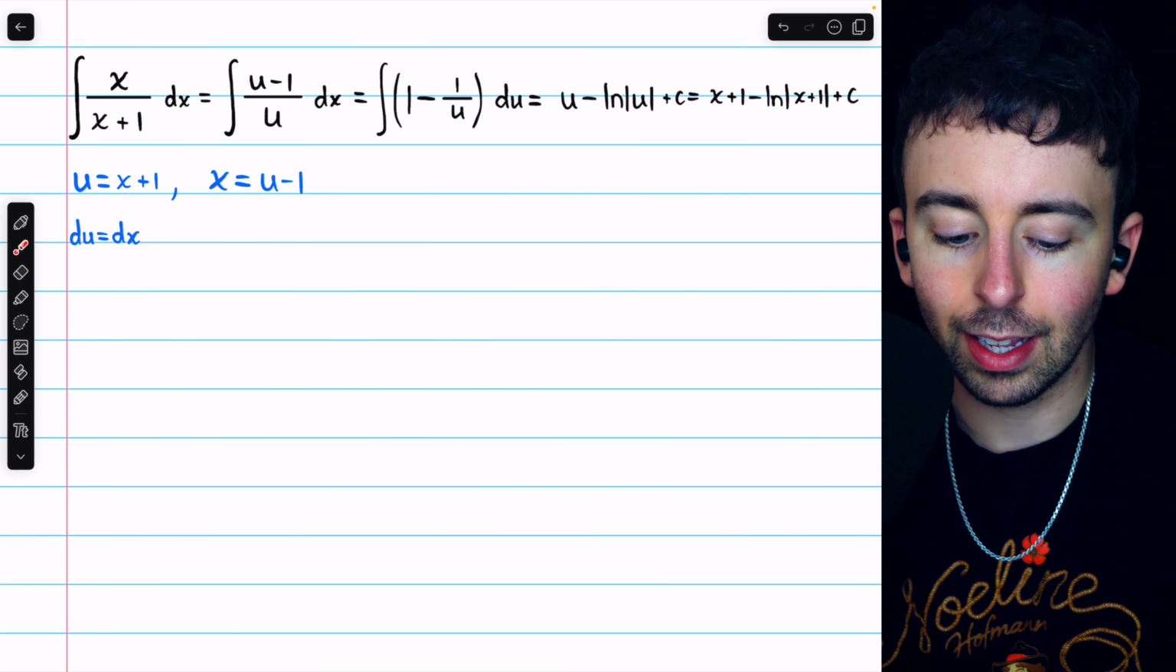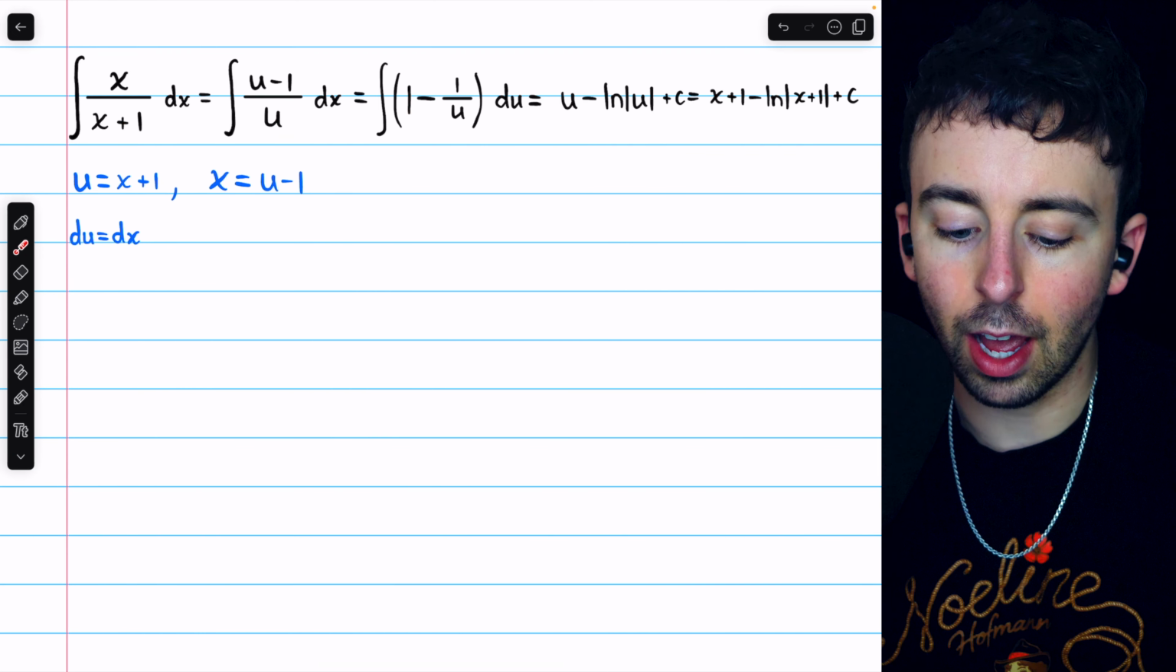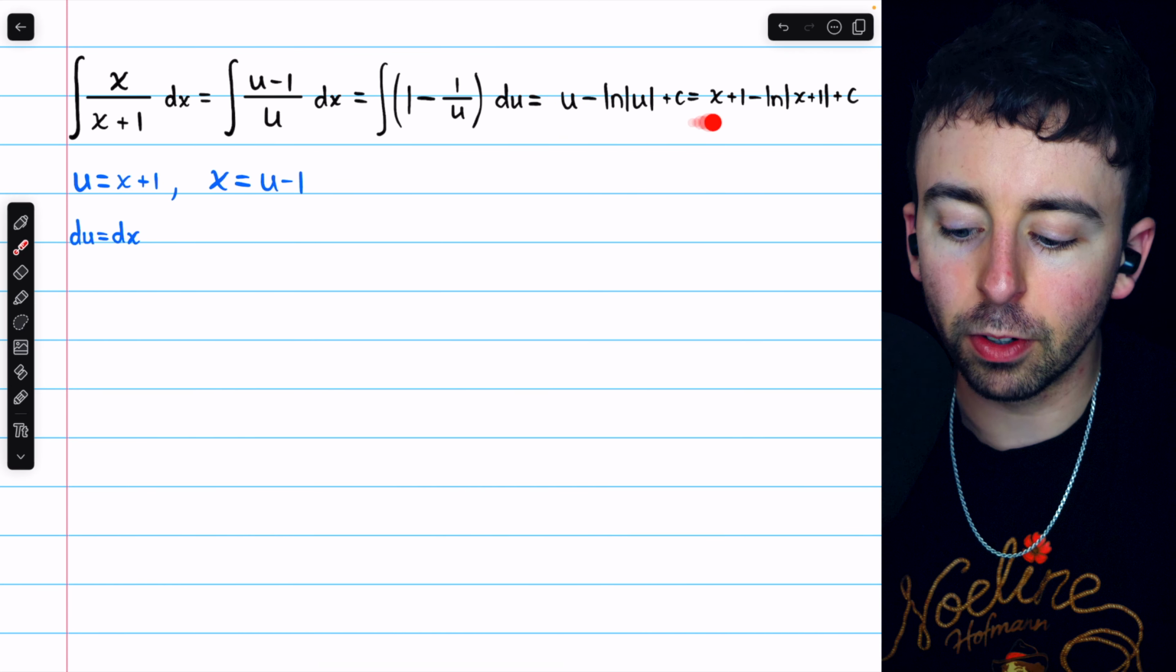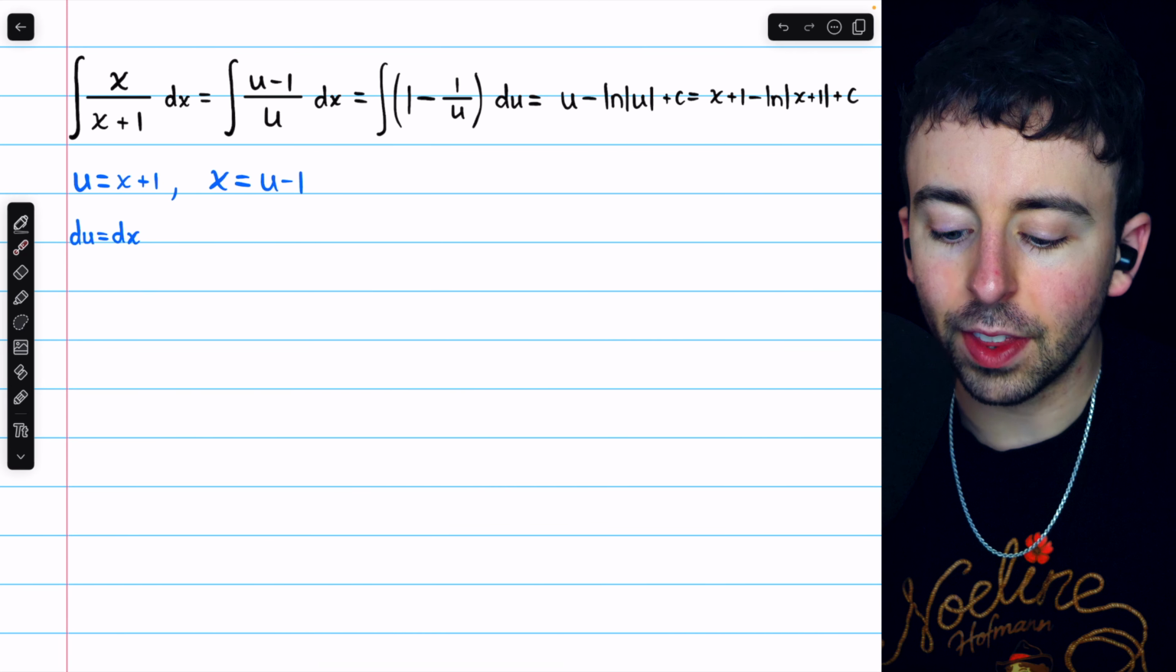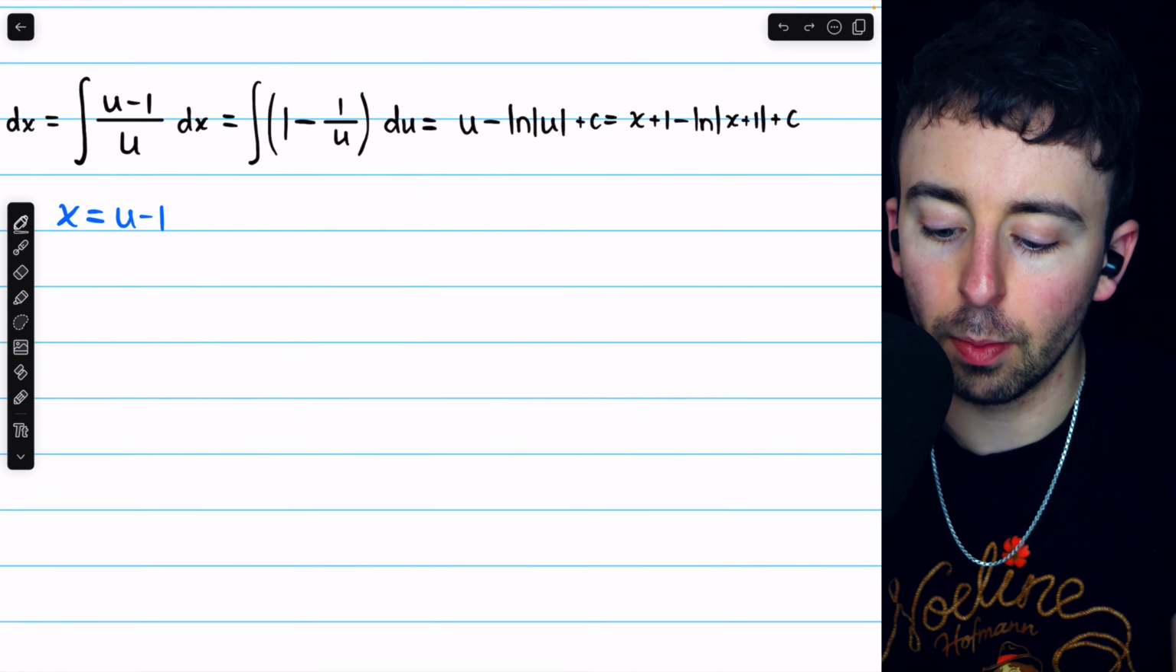u minus 1 is x, and that's over u, and then we just split it up. u over u is 1, minus 1 over u, and the integral proceeds in a similar way. At the end, we replace u with x plus 1 so that the integral is back in terms of x,